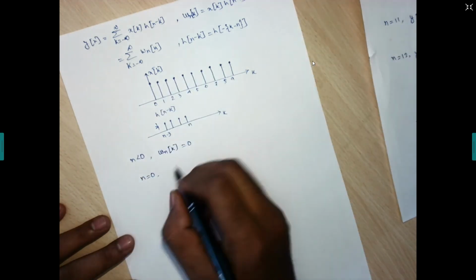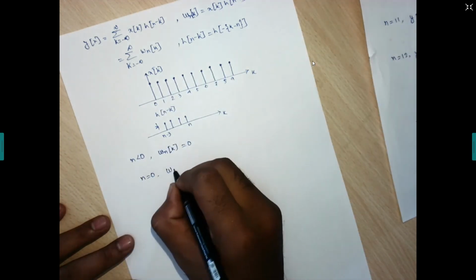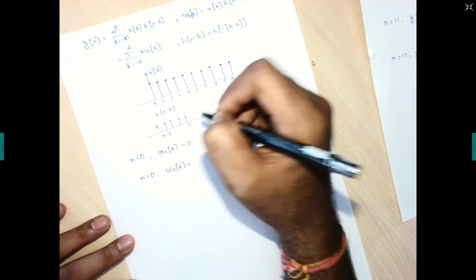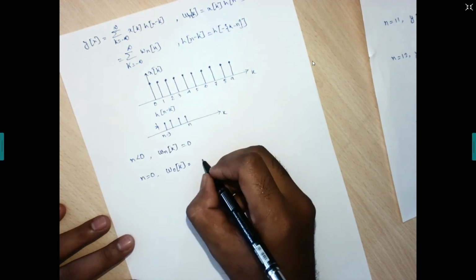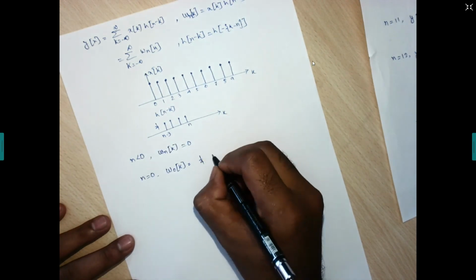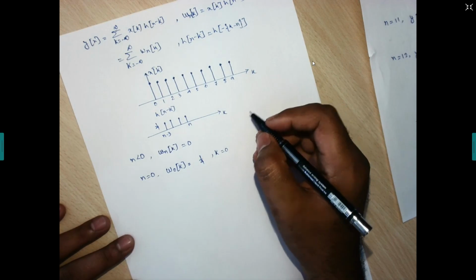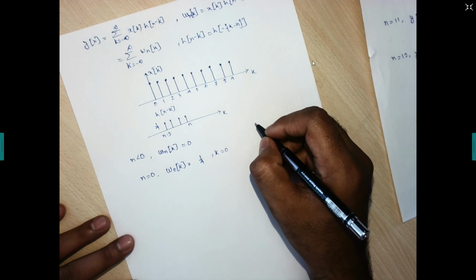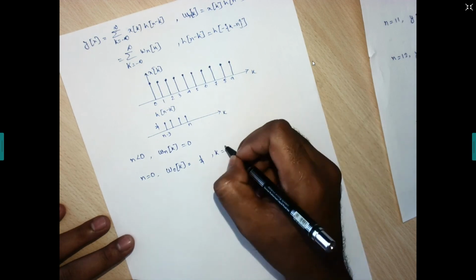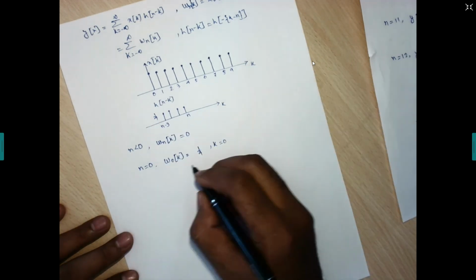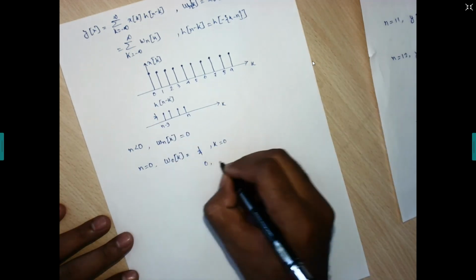So what we can write is that at n is equals to 0, W0 of k will have the interaction with this, because we are considering n is equals to 0. So 1 by 4 at k is equals to 0. So n is equals to 0 means we are considering k is equals to 0. The range of k is 0 to n, that is what we have seen. So if n is equals to 0, that obviously means k is equals to 0, and it is 0 otherwise.